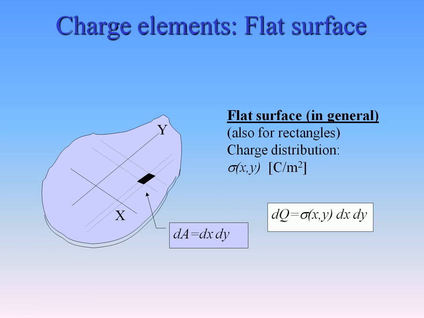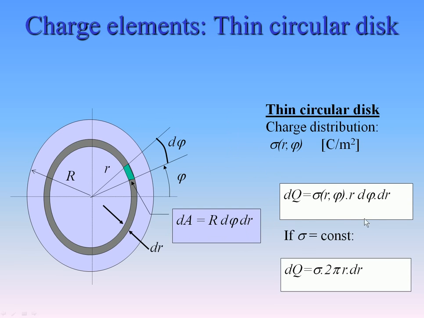A charge element in a flat surface. We have a charge distribution sigma in coulomb per square meter, and a surface element dA is dx dy, and the charge element here can be written as sigma times dx dy. It's possible to have the surface